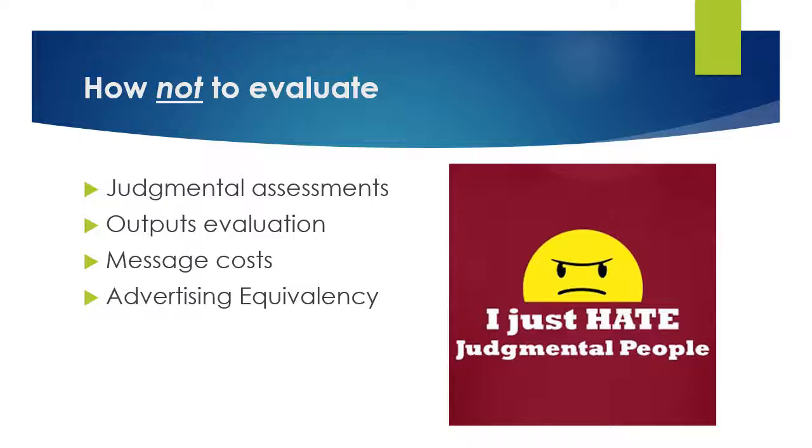Advertising equivalency, this one is a big bugaboo and a lot of people use it. It's basically saying that the ad is exactly the same cost as news columns. Here's the problem. News is considered more trustworthy than ads, so people trust it more. So you're actually mixing apples and tangerines here, these two things don't really equate. So you need to make sure that, if somebody says, oh, just add up the column inches of how much was published and figure out how much that would be in advertising space, that's really a non sequitur. That's a non-starter. They don't compute together, and you need to recognize that.